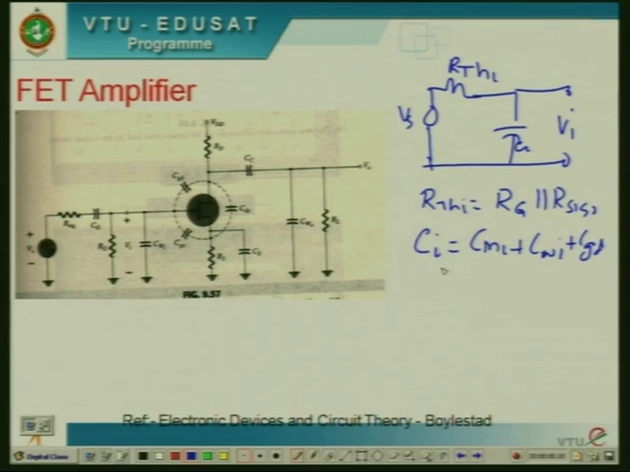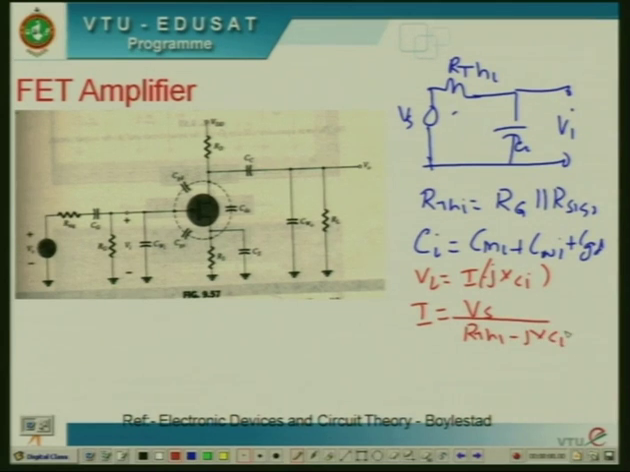For this, you have to apply KVL to this path, where Vi is defined as I into minus jXCI. Then I is equal to the voltage source Vs divided by the total impedance, that is RTHI minus jXCI. If you substitute into the above expression, then Vi is equal to Vs into minus jXCI divided by RTHI minus jXCI, where